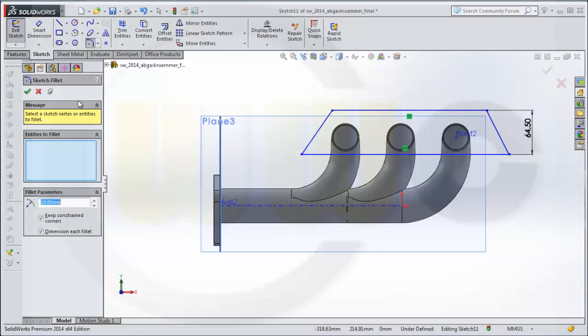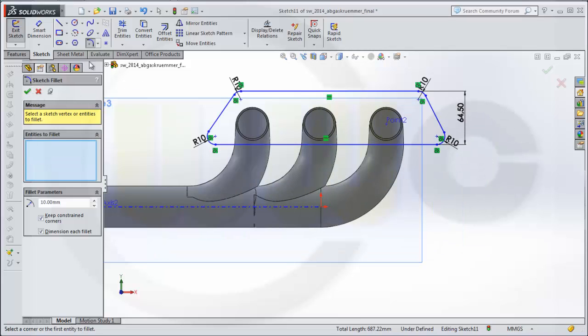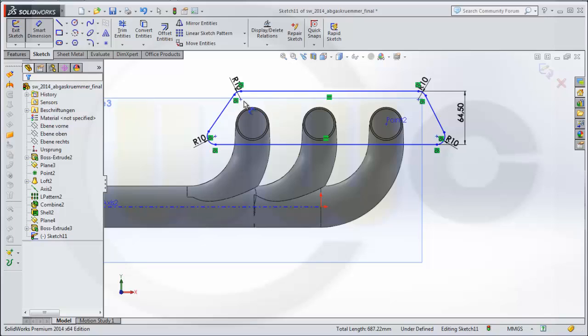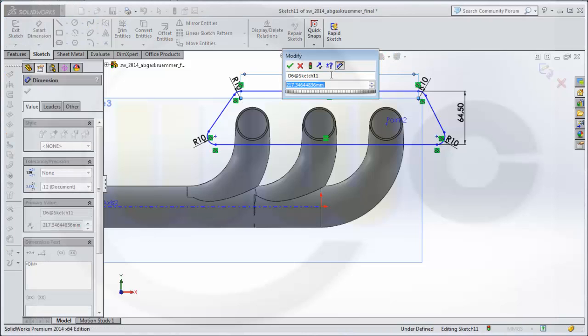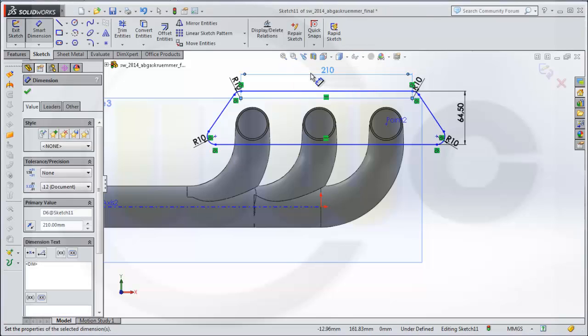I need some fillets again, one here, one here, one here and there. Okay, and again some dimensions. This should be, let me see, 64 plus 82 plus 64, and this should be,